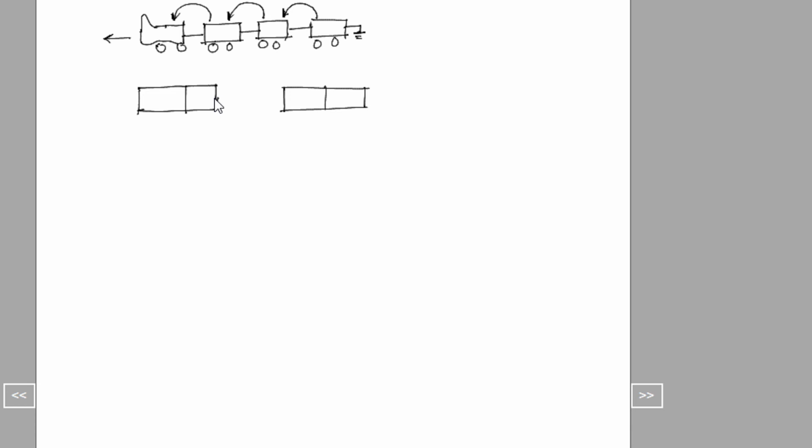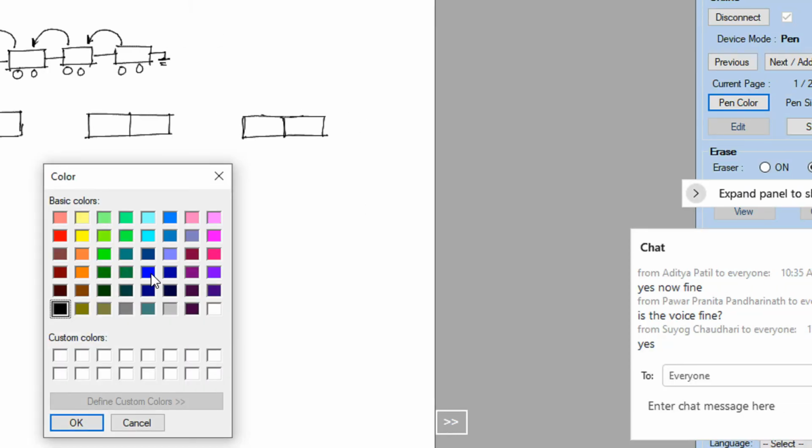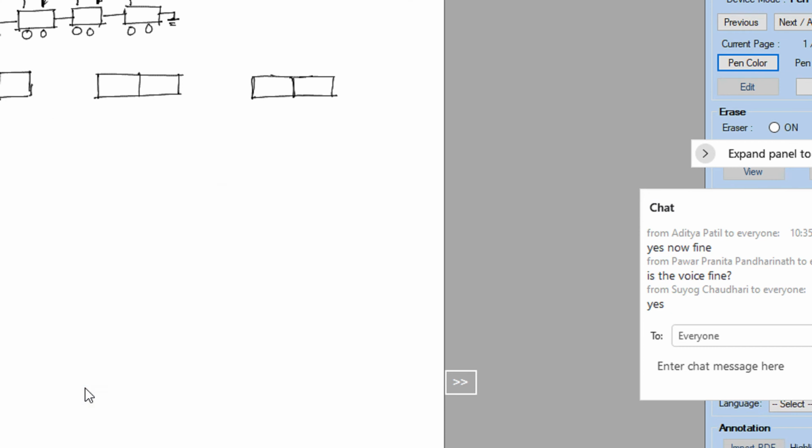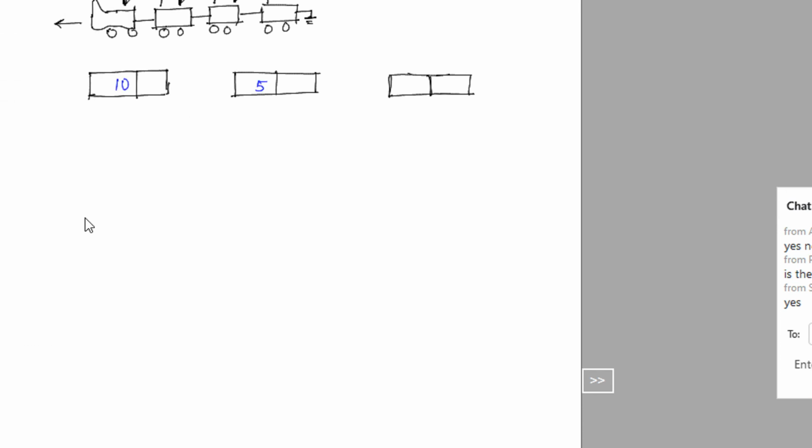Similarly, you can visualize a linked list to be like a train, the entire train with its coaches. So let's say, for example, now just forget the technicalities. Let me have some elements here. Let's say we have 10, 5, let's say 42.